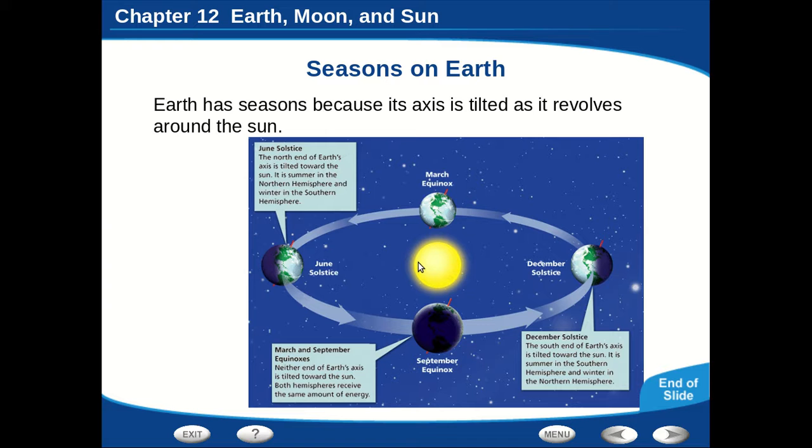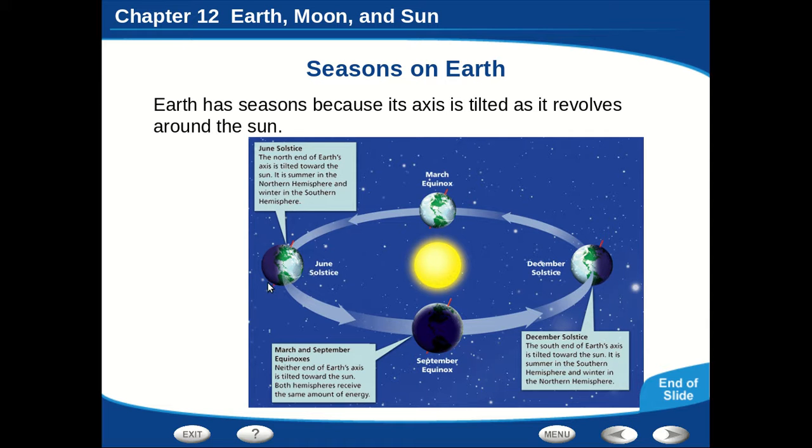And you can see why from this diagram. You can see the sun is pointed most directly at the part of the Earth that's tilted towards it. So in the daytime, North America is going to be rotating like this, and it's going to be catching the most direct sunlight.